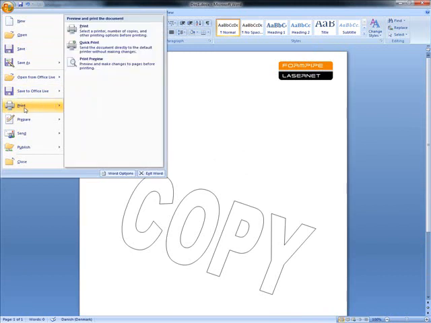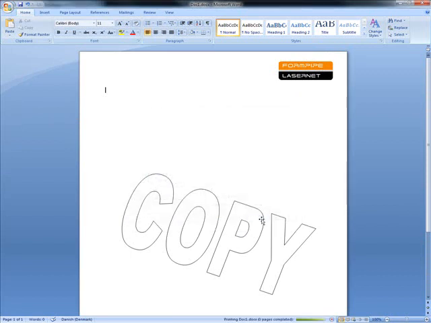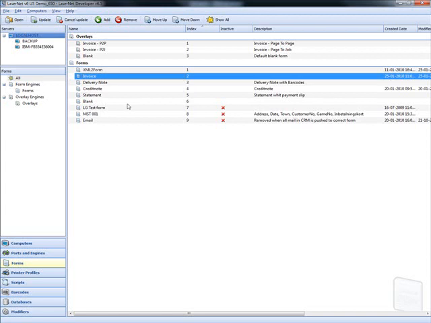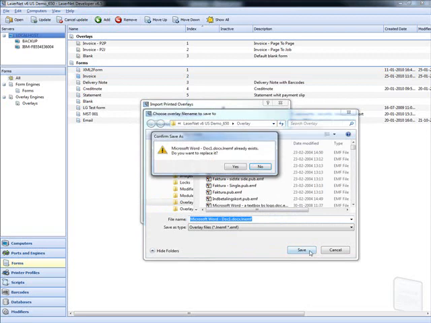I just choose to print and select the printer called LaserNet Print Capture. I will print that, then go back to my developer software. Here I can import overlays, and you see this is the overlay I just printed. Import that,